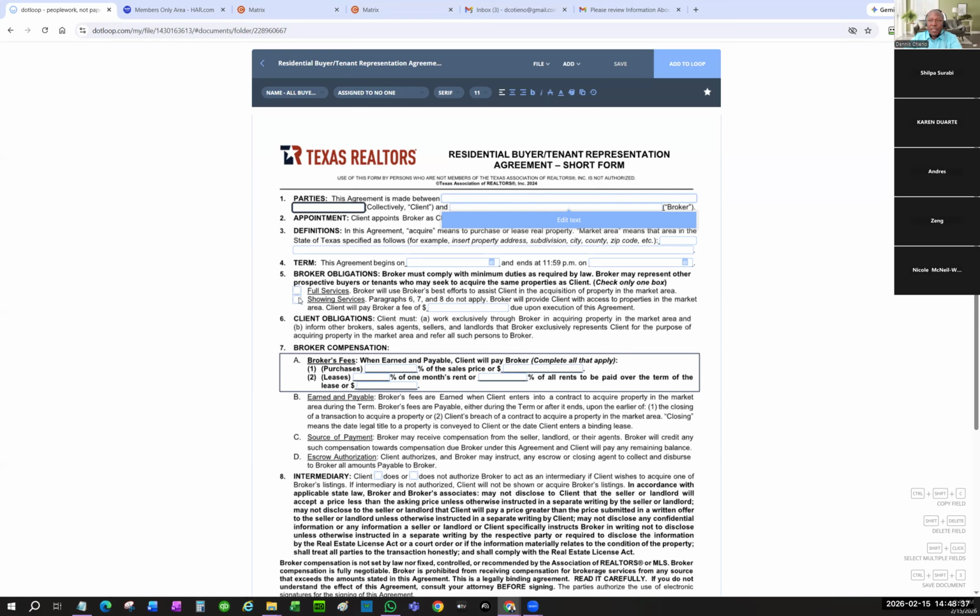But the normal things that you do are things like showing services. Paragraph 6 applies. Broker will provide client with access to property in the market. Client will pay a broker fee of $0. Remember, you always want to make sure that you make them blue in your template. In the definitions, in this agreement, acquire means purchase or lease of property. Market area means this is your market area. So in my case, I'm going to say Katy, Richmond,